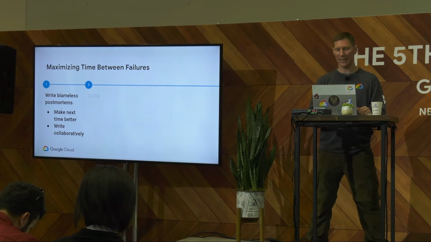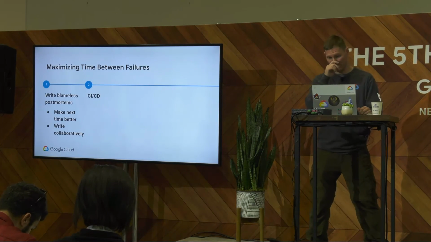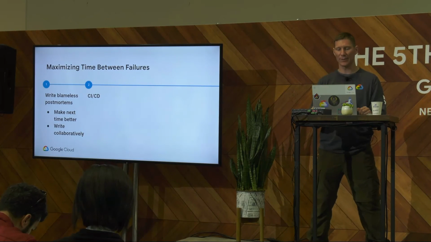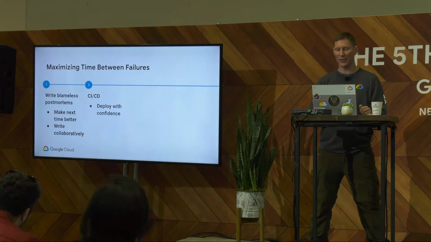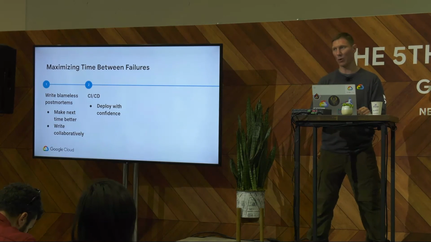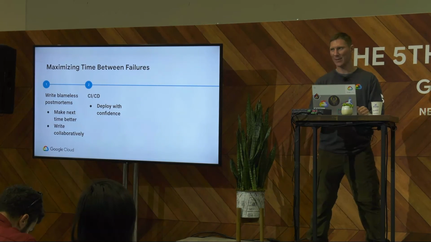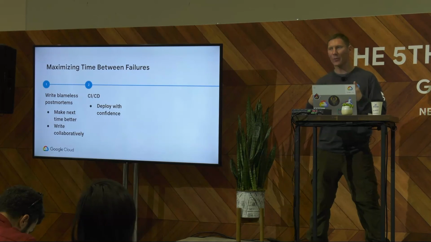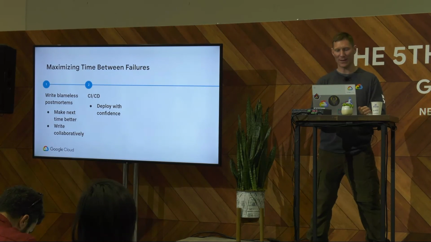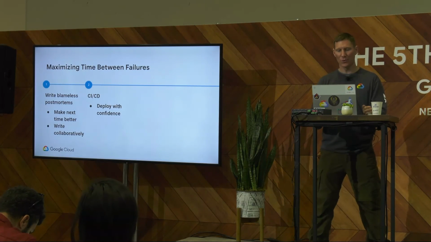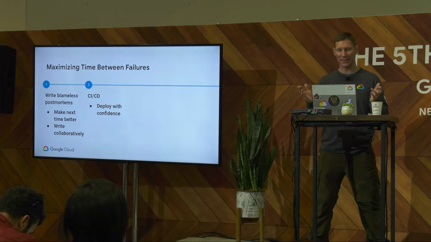Next up is CI/CD. You heard about this earlier in the day too. That's continuous integration and continuous delivery. This is how you can deploy changes with reasonable confidence that they won't blow up in prod, probably. I mean, sometimes they blow up anyway, but this will help them become smaller and less impactful. You need to automate your tests, unit tests, integration tests, end-to-end tests, and rerun them really often to catch regressions. At Google, we basically run every related test on every code change, and we simply block the change from ever being committed if it doesn't pass all of our tests.